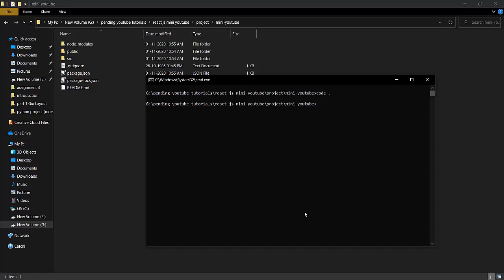Till it is opening in VS Code, we will simply write npm start here to start our application. This will automatically start in your default browser. Till this is opening in my browser and in VS Code, I am pausing the video.